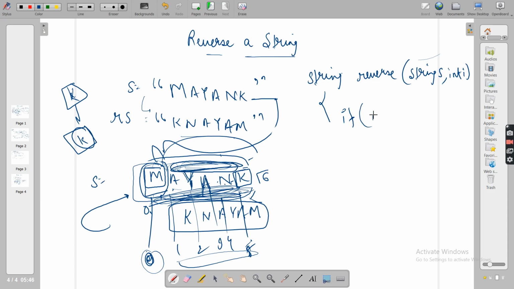So if your I value equals the final index, let's say s dot size minus 1, so length was 6, so final index will be 5. If it is so, what you have to return? You have to just return that value, which is s of I. Let's say k. If you're at k only, directly return k. All right. So this is one of your base conditions.